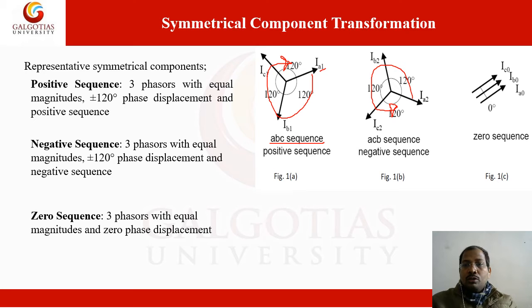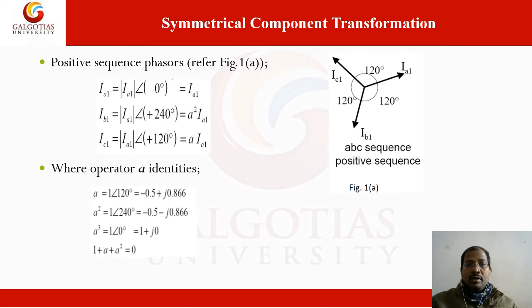And the zero sequence we can consider as parallel lines, each of the parallel lines at 0 degree, that is a zero sequence. So this is also a three phase sequence with zero phase difference. So this is the positive, negative and zero sequence. Suppose there is an unbalanced network having currents IA, IB, IC, so how are we going to balance it? Before proceeding, we will discuss how we are going to write this sequence.